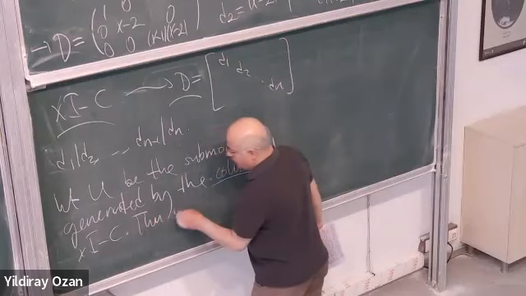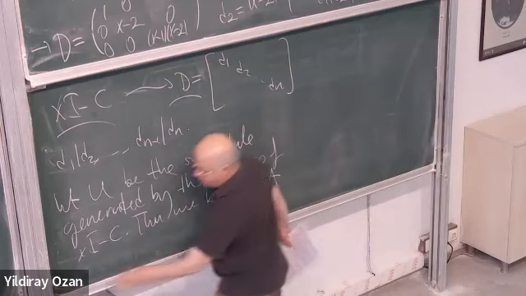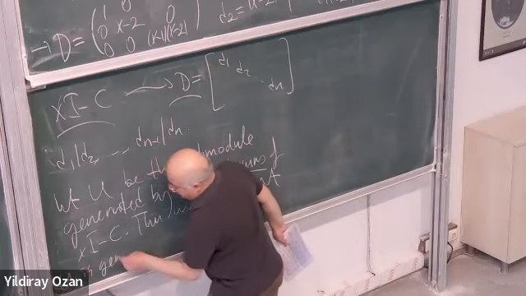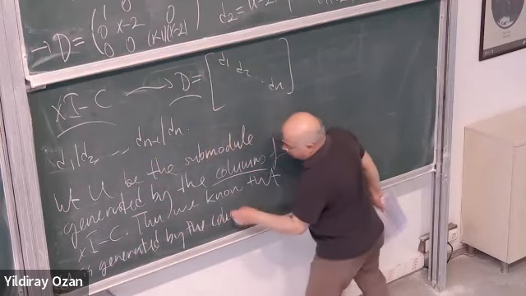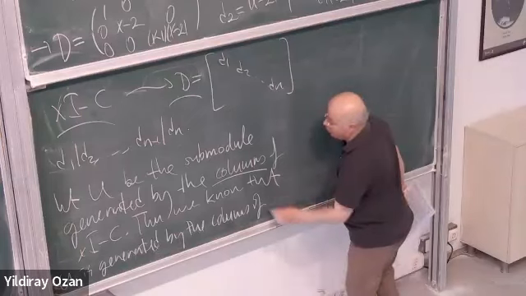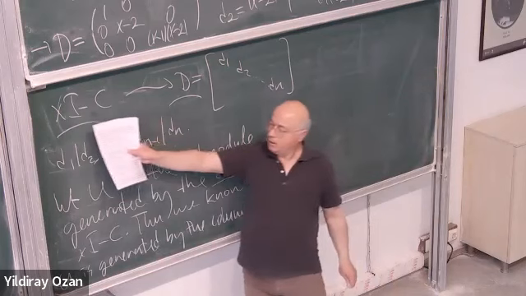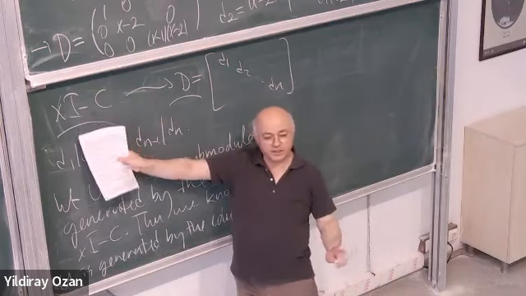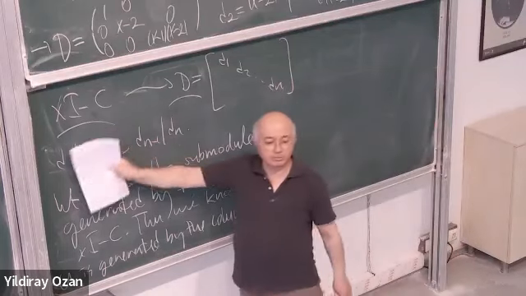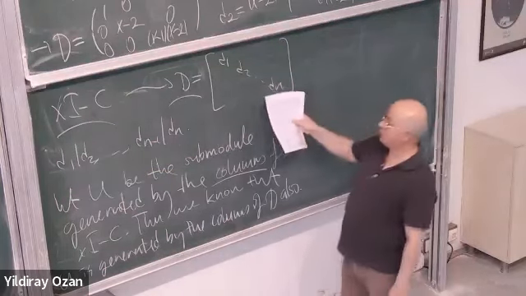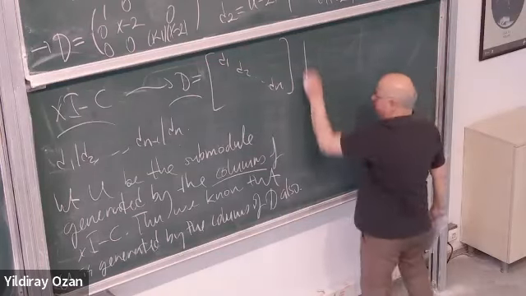Then we know that U is generated by the columns of U olsun. Bunun row'larının generated modül ve bunun row'larının generated modül aynı. Bunun kalınlarının generated modülüyle bunun kalınlarının generated modülü de aynı. İkisi de aynı. Peki, then